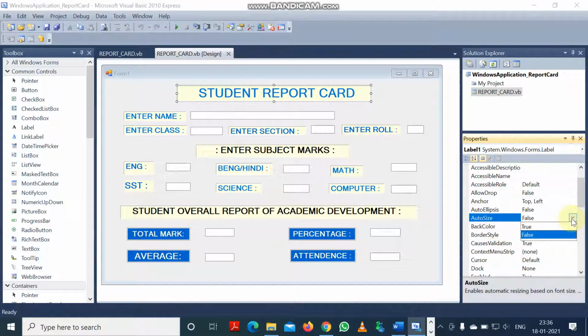When you bring a fresh label box on the form, the auto size is true, but we need to make it false. False means that the label box will be resized according to our choice. So auto size is the property by which we can resize the label box.